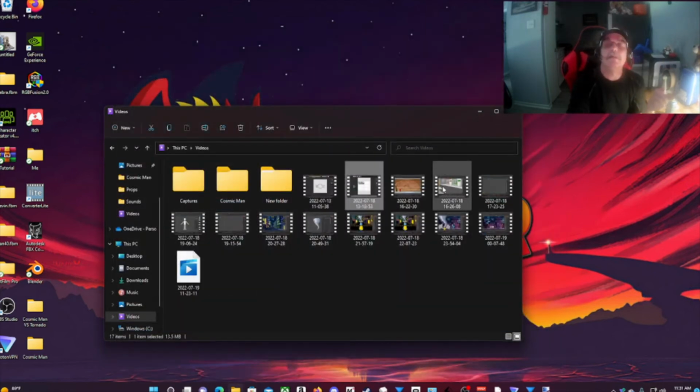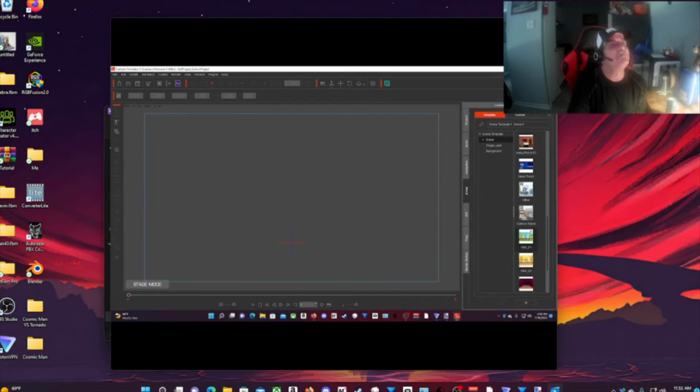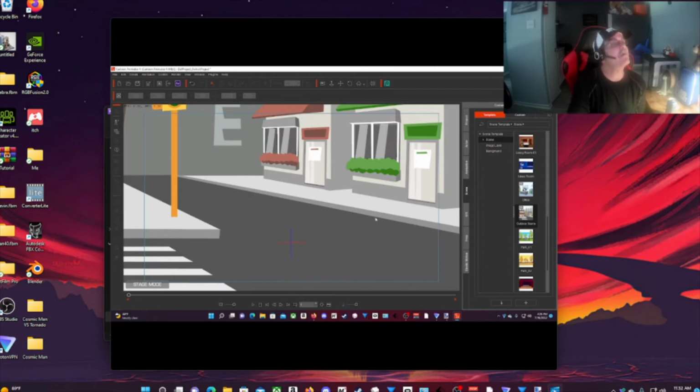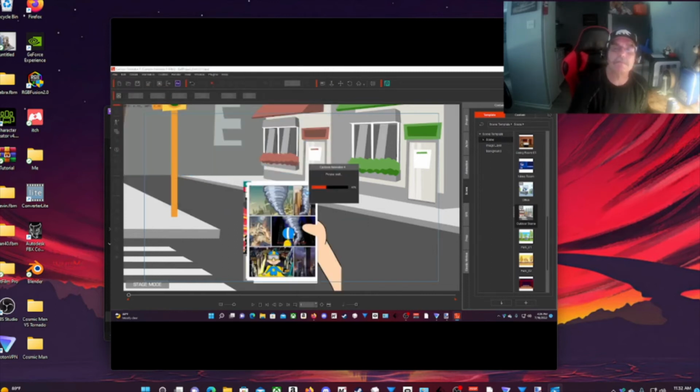So now, this next scene is where he came out of the door, and he's opening up the comic book and starting to read the page. I used another scene that came with Cartoon Animator 4, and that is the street scene. So I'm using the street scene here. I'm going back and I'm going to create a prop, and that's a prop of me holding the comic book.